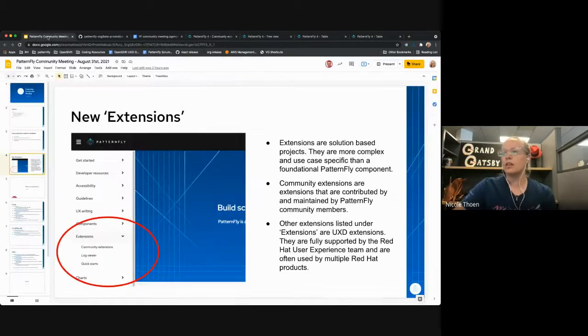The other extensions listed under the extensions navigation item on the website are informally called UXD extensions. They are fully supported by the Red Hat user experience team and are often used by multiple Red Hat products, which is why we want to support them. They are a more complicated scenario or solution that we are hoping to promote and see implemented across many different Red Hat products. So right now there are two on the website listed explicitly, the log viewer and quick starts,